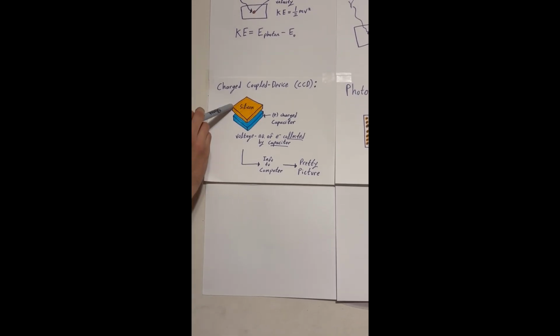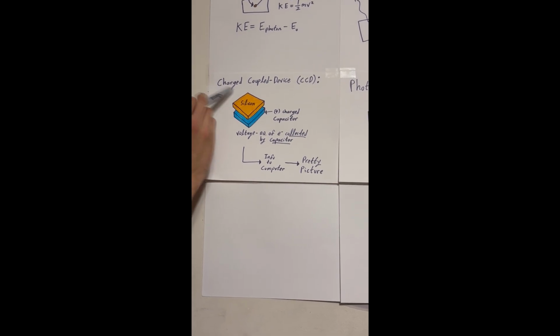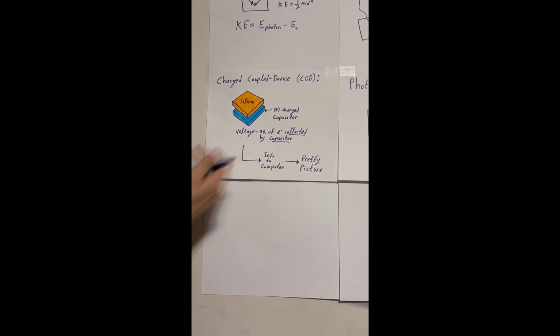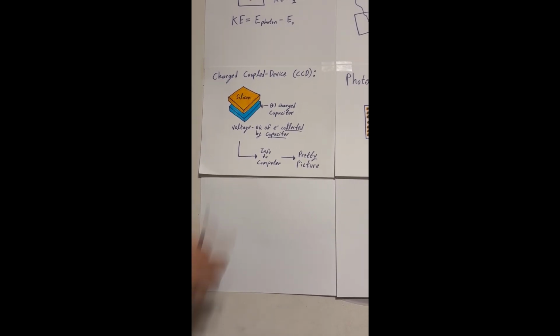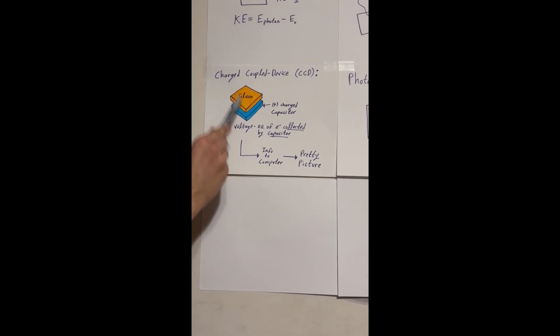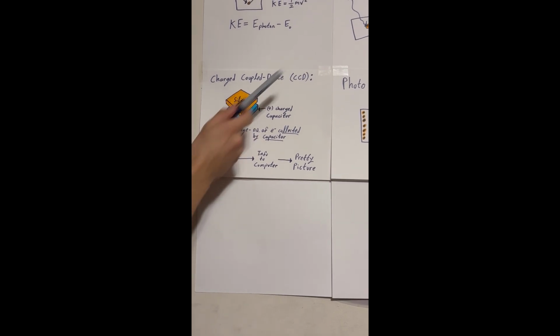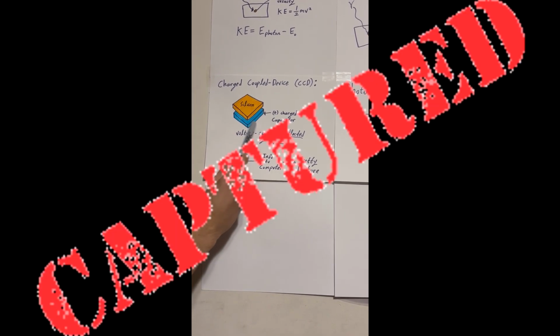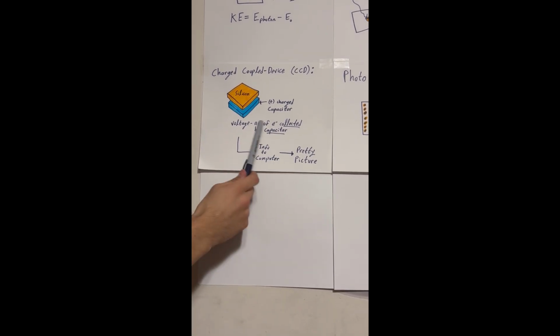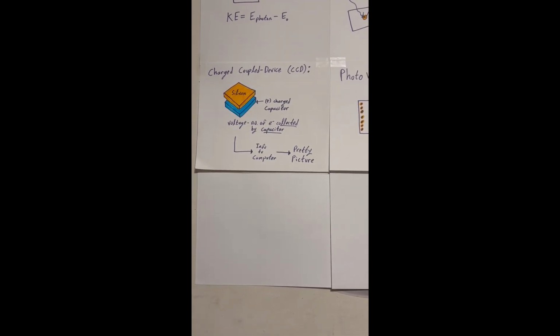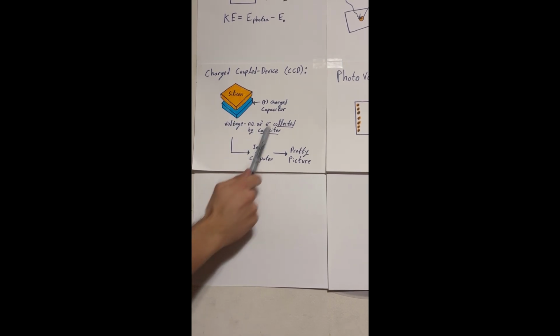So let's say a photon were to hit and dislodge an electron on this surface of silicon. Now, instead of this dislodged electron just flying off, this time it's going to be captured by this positively charged capacitor. And then in the end, the number of electrons collected by the capacitor will be represented